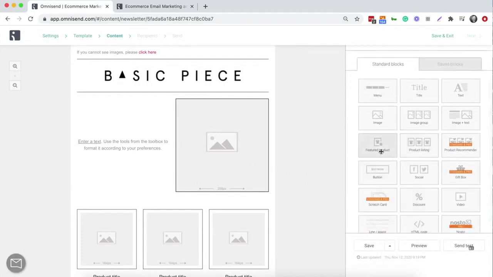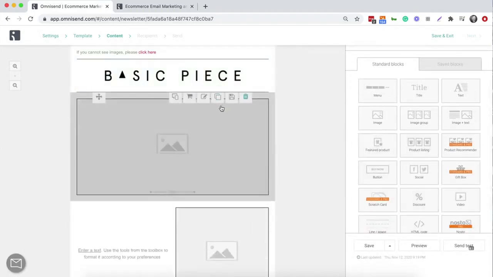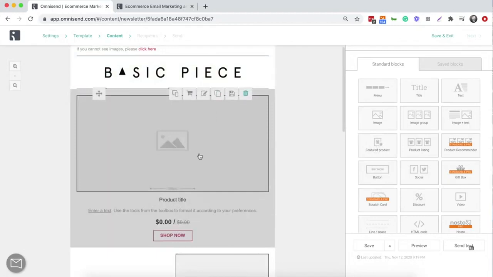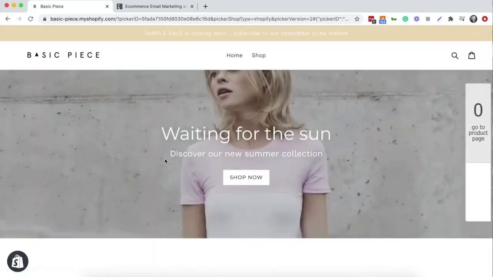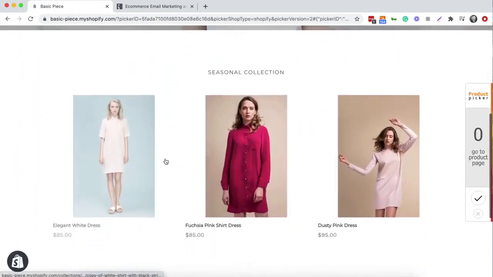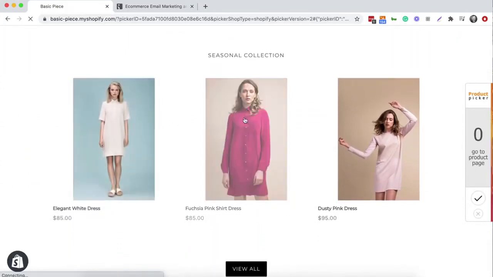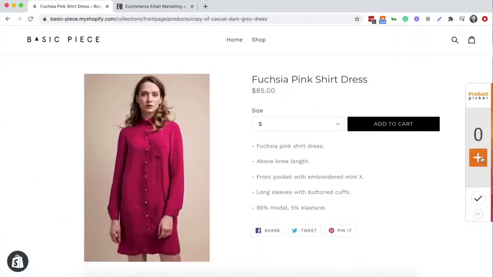You can also drag in features like this featured product block. What the featured product block does is, having an e-commerce store, you can click this shopping cart and we'll automatically take you to your store. I'll click it now. It'll take you to this, my e-commerce store. And let's say I want to add this dress or this product to my email. The OmniSend product picker will pop up, add it to it,